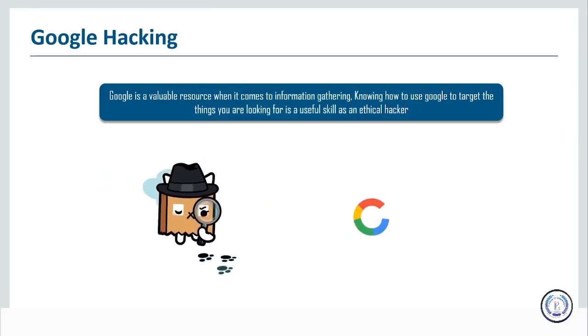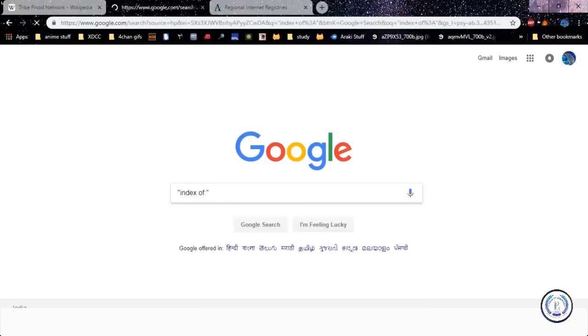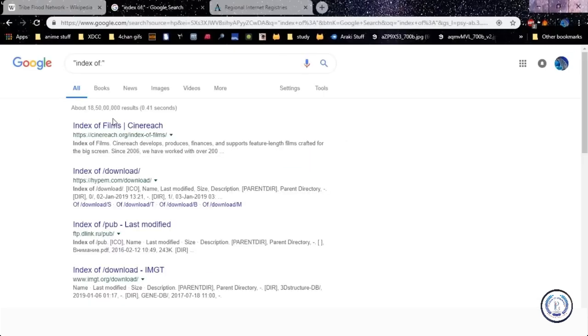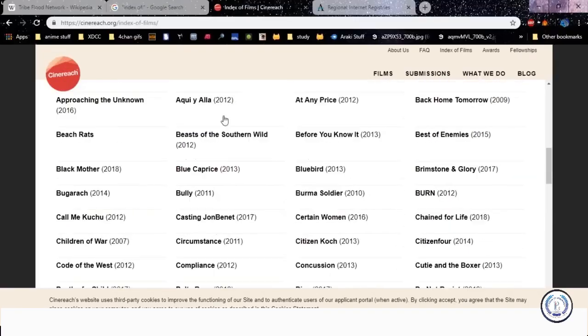So for example, a pretty basic one is the use of quotations. You quote things in order to use specific phrases. Otherwise, Google will find pages that have instances of all those words rather than the words specifically together in a particular order. So I'm going to pull this query up, and let me just show it to you. So if you go "index of", now this is showing us an index of all the films. Now this is basically all those index of sites that you want. So as you guys can see, this shows us an index of all sorts of films that are there.